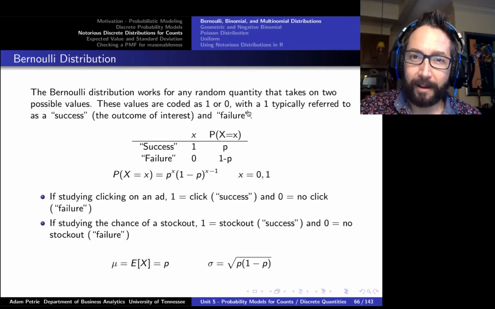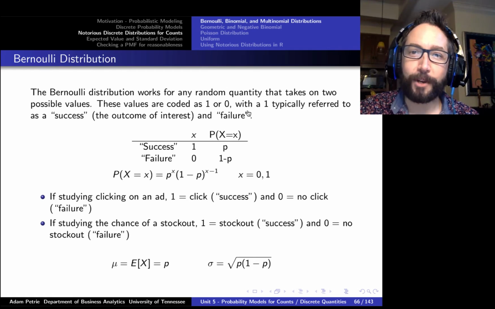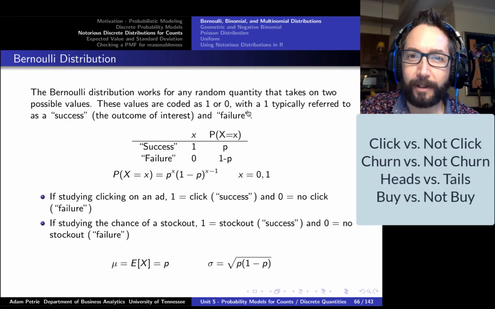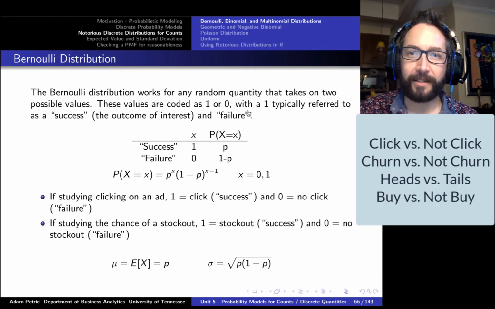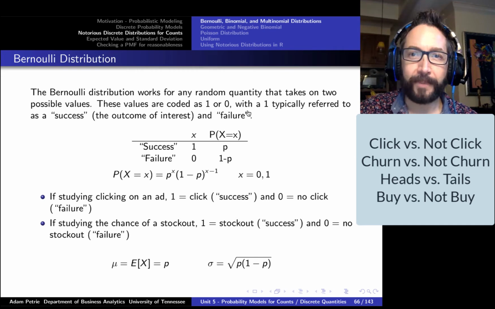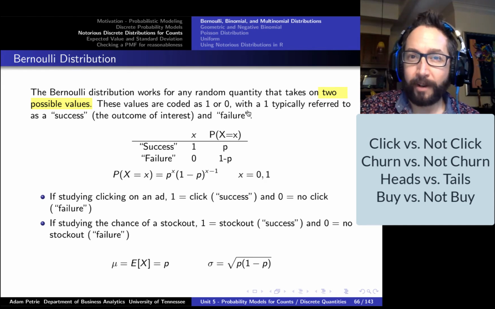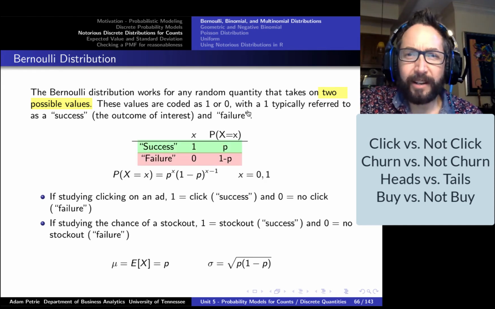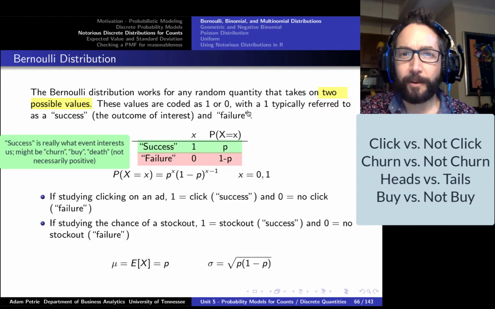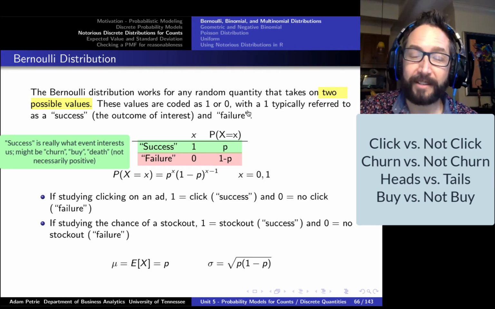Now, the building block of a lot of notorious distributions is a distribution known as the Bernoulli distribution. In a Bernoulli trial, we're essentially observing the outcome of a single trial of a random process. So a surfer clicks on an ad or they don't click on an ad when they see it. A customer either does churn or they don't churn after their contract has expired. So a Bernoulli distribution has exactly two outcomes. One we're going to call 1, the other we're going to call 0, and we're going to associate 1 with a success, whatever event really interests us, and the 0 is going to be associated with a failure. Basically, our event didn't occur.